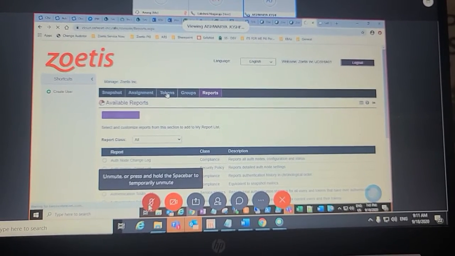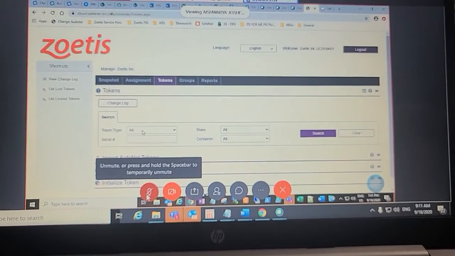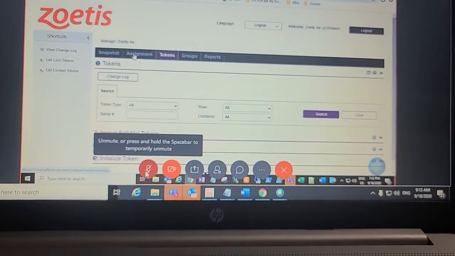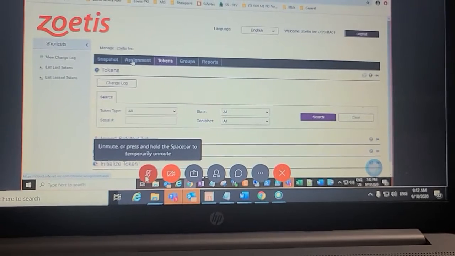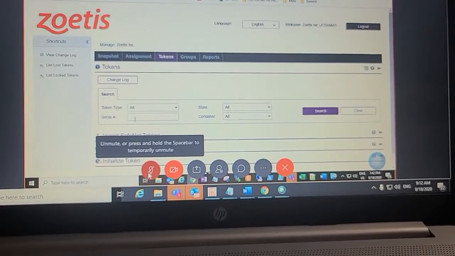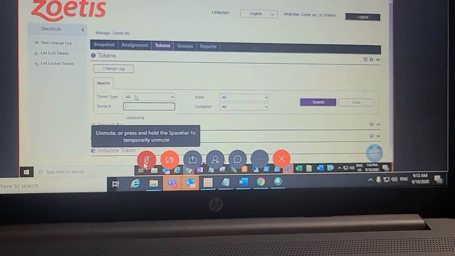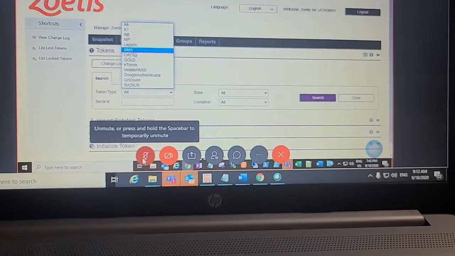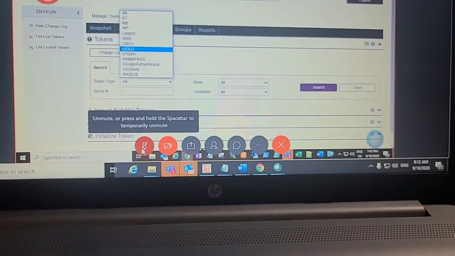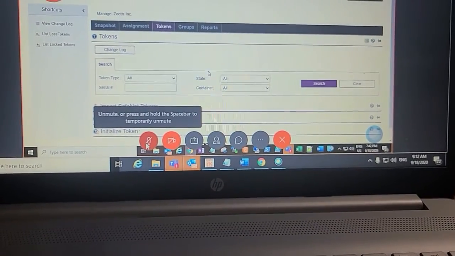Other than that, there is a separate tokens section. The assignment tab is for searching from the user perspective, but if you want to search for a specific token, you can enter either the serial number or the token type. You can specify either hard token or mobile pass token.